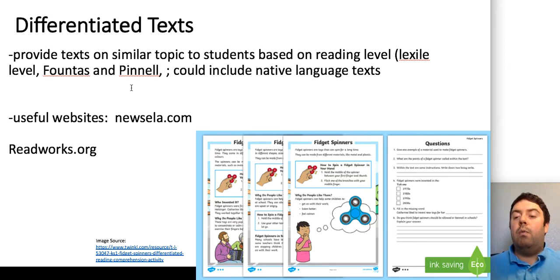But students who are reading above grade level might receive less scaffolds, more complicated academic vocabulary, longer passages, more complicated phrasing, or complex sentences. There are some really good websites once you find out your student's reading level, either through a diagnostic reading assessment, for example, DRA or Fountas and Pinnell, or looking at their Lexile level, or getting their data from a program like iStation. Once you know students' reading level, there are websites like Newsela and ReadWorks.org in which you can actually select differentiated